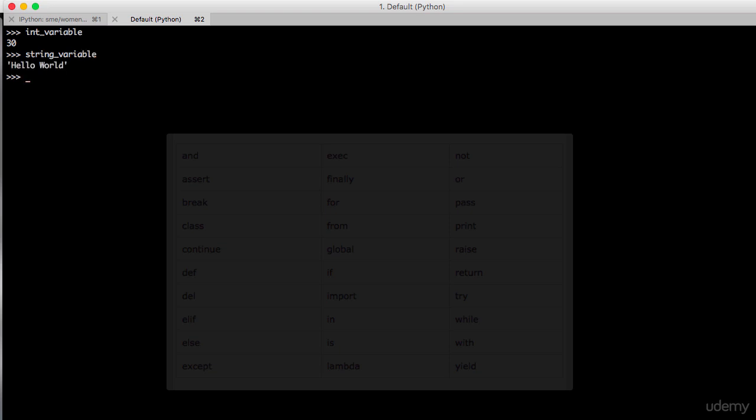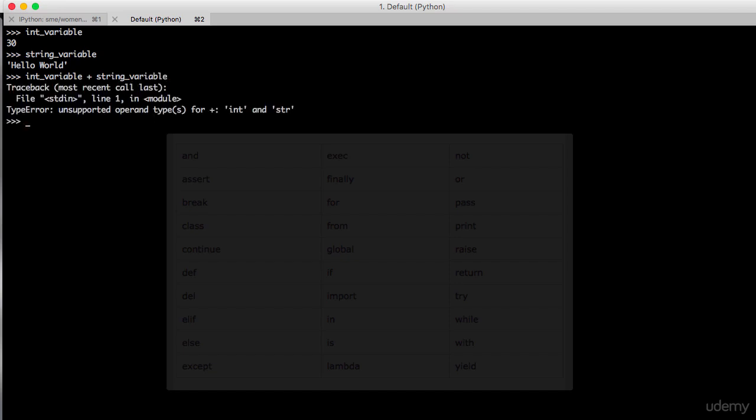Hello world. Let's try to add these two. Now, there you go. Python has thrown an error saying unsupported operands, you can't add two different data types, integer and string. So this was an error which is called a type error.